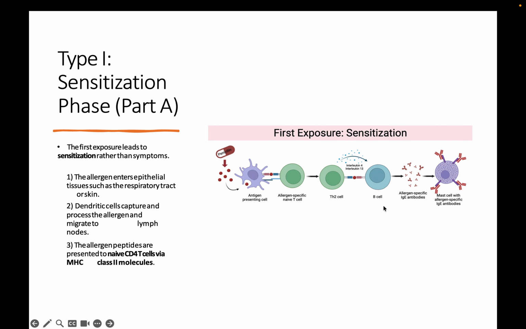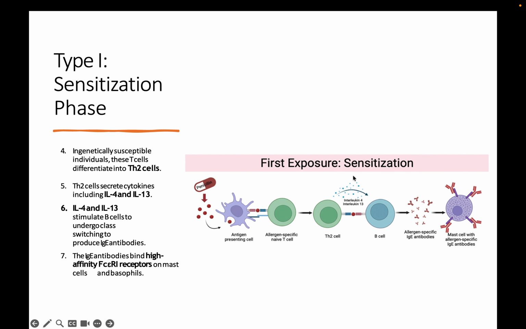great. You're going to start to create this into a T helper 2 cell. This T helper 2 cell will then go and bind to another B cell that has the antigen as well. And it's going to teach it. This T helper 2 is going to teach this B cell, like, okay, create an antibody response against this antigen. So it's going to release, and yes, I need you guys to know this,